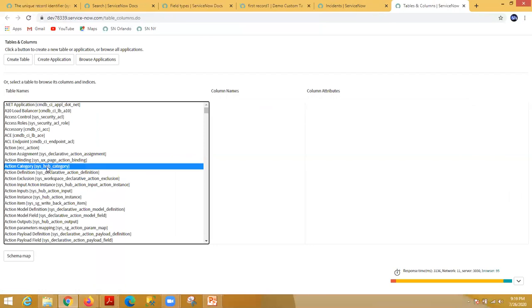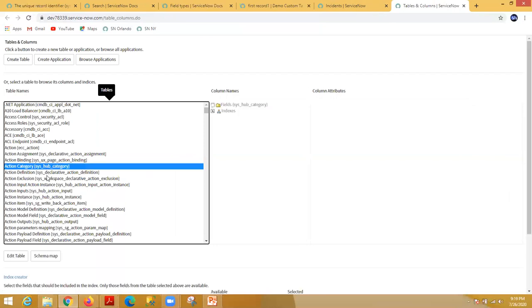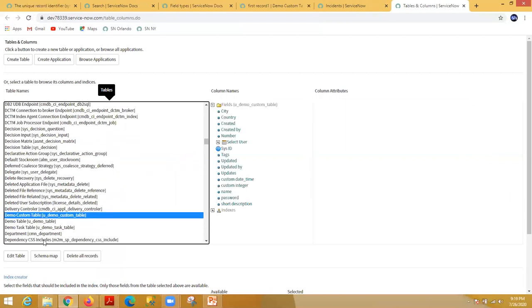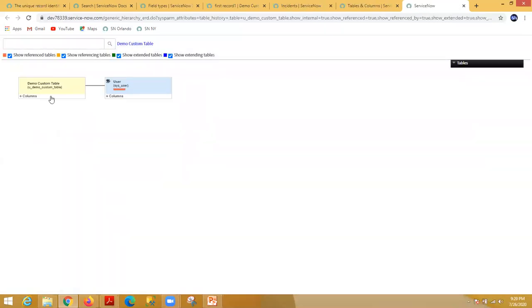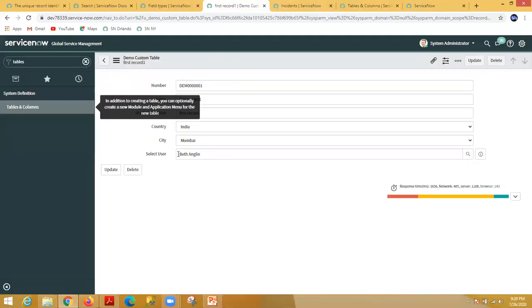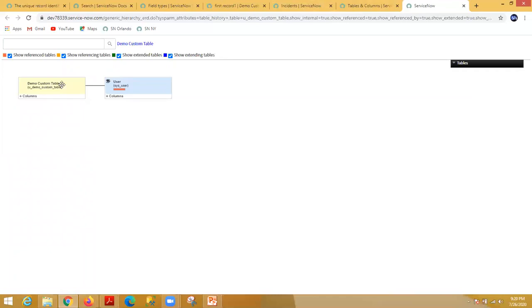So if we open demo custom table, this is my table, and if you click on schema map, it will show you two tables. One is demo custom table and the other is user table. Why is it showing you the relationship of the demo table with the user table? Because of this reference field, select user, because inside this table you are using the user table data. So that's why there is a relationship between demo custom table and user table.